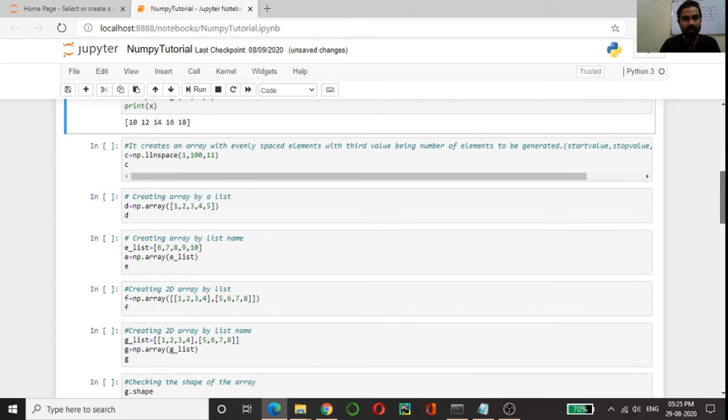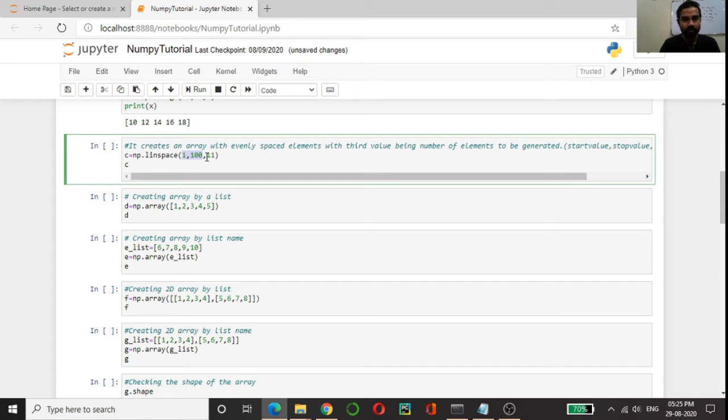In a similar way, we can use linspace also, and what linspace does, it creates an array between two values with an equal number of intervals between each element.